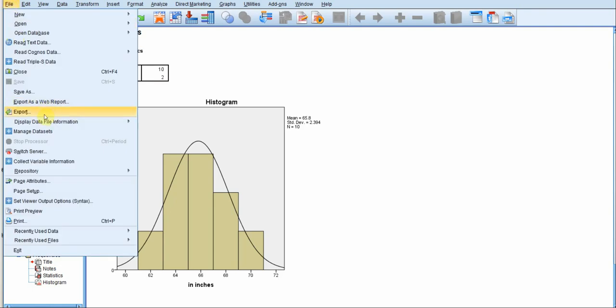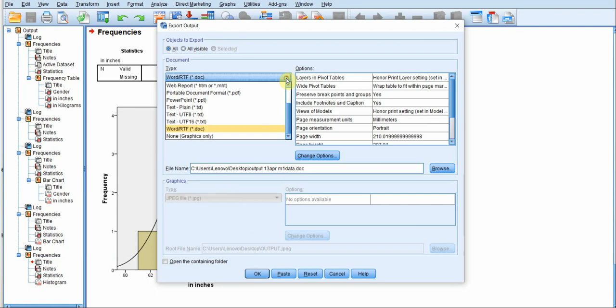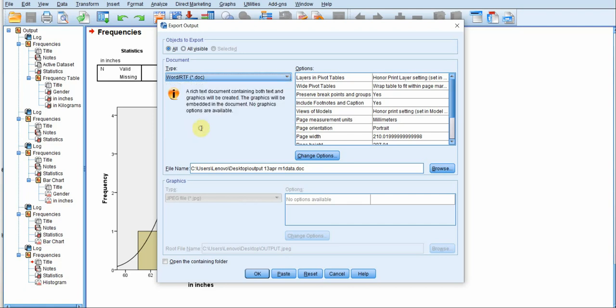We can also export this particular data. So we'll click on File, Export, and you'll get this particular output. Now, if you do not want your output file to be saved in .spv format, and instead you would like to have it in PDF or document format, or maybe PowerPoint, whatever be the format that you would like to save in, you can choose it over here.